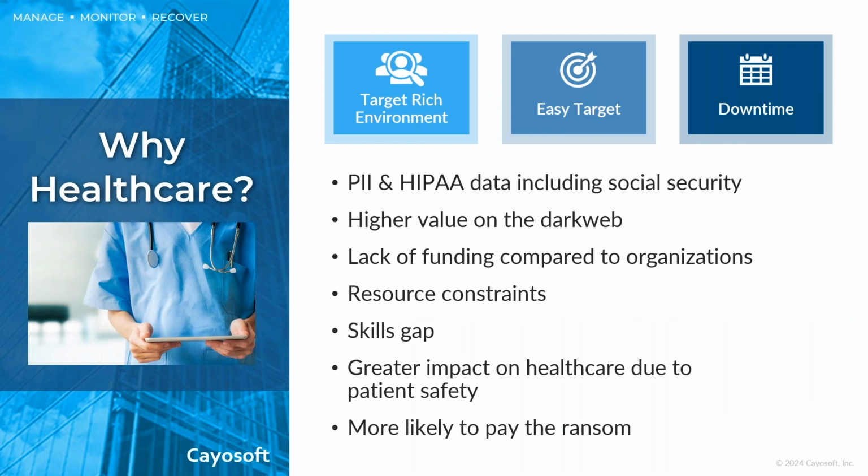So why healthcare? There's three key areas that we're going to focus on: target-rich environment, easy target, and downtime. Let's first look at target-rich environment. Healthcare has PII and HIPAA data, including Social Security. This information goes for a much higher value on the dark web than traditional data like our credit card data. As well as if we look at easy target,